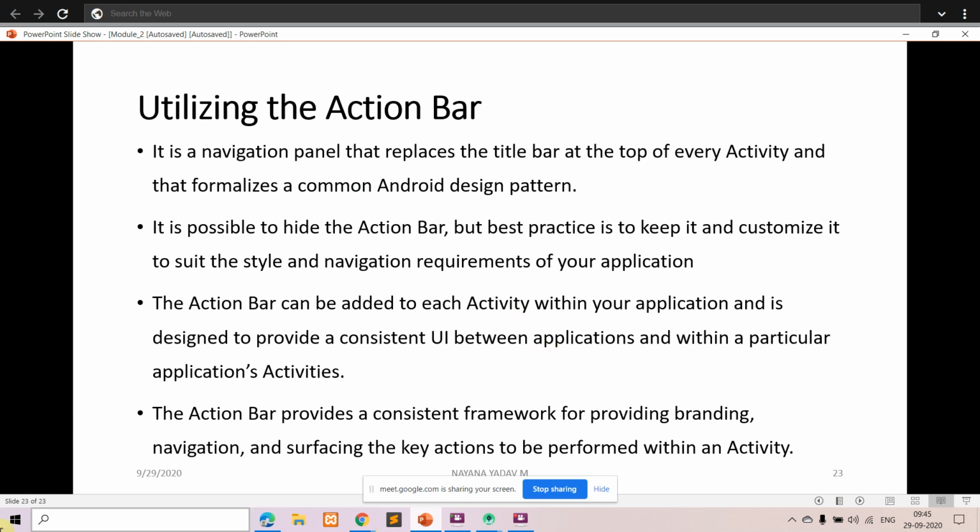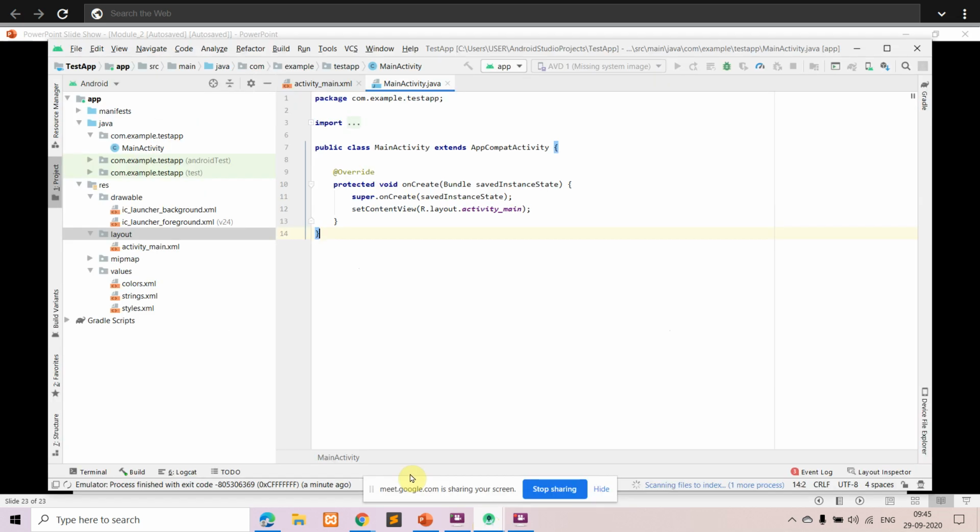So it can be added to each activity within your application, to provide a consistent user interface between applications as well as activities. They provide a consistent framework for providing branding and also navigation, surfacing the key actions to be performed within the activity. So using this action bar, it is possible for you to brand, and navigation is also possible.